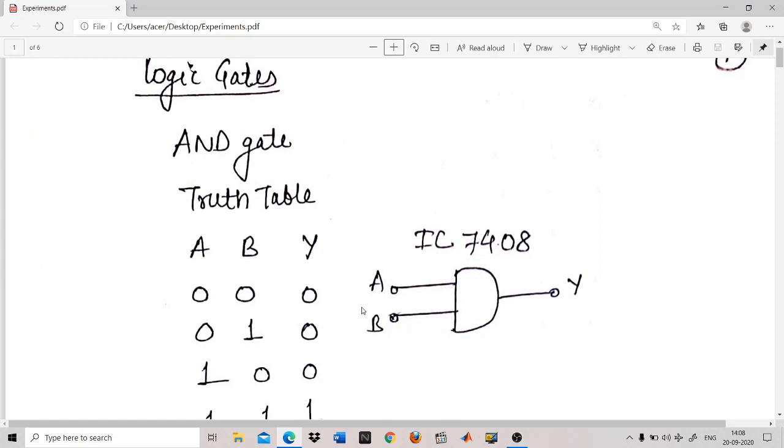Now, today we are going to implement the logic gates using the Logic Circuit Simulator Pro, which is one of the apps on your Android mobile phone. So it is expected that you should download that app from your Play Store and try to implement some basic logic gates and derived gates and then the universal gate using that Logic Circuit Simulator Pro. So first we will try to understand the AND gate.